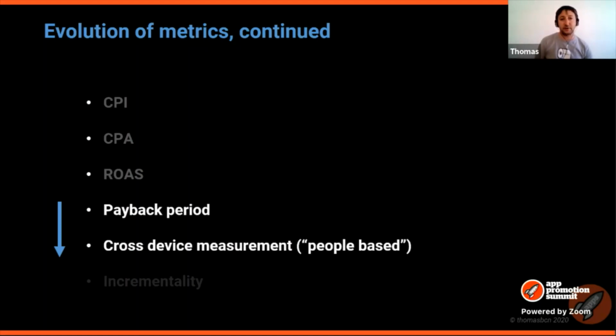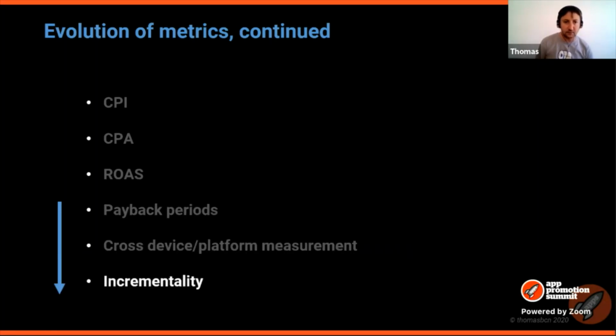There's a lot of cross-device activity, especially if you don't only operate in the app but also have a website, and that becomes very complicated. Anyway, I'm not gonna go into too much detail on that because I want to go to the next one, incrementality, which